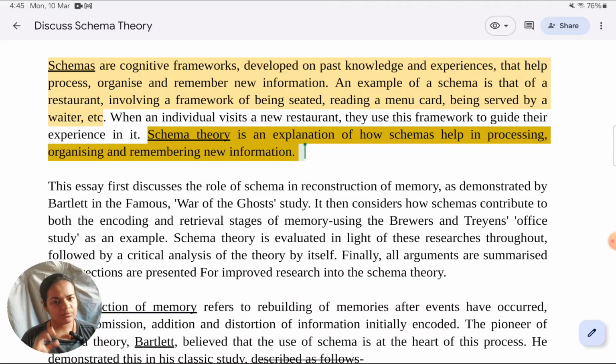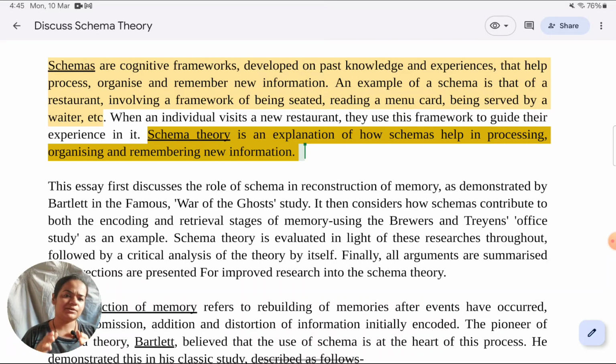Many students fail to see what the problem is. You can think of the problem as: schema theory is a very broad theory in psychology. Some of you must be learning about reconstructive memory, how that is related to schema. So one of the things that schema theory explains is reconstructive memory. Some of you must be learning how schemas explain encoding of information. Some must be learning retrieval, some both encoding and retrieval. Some of you must be learning about various types of schemas, social, personal, cultural. Some of you must be learning about stereotyping, how that is related to schemas.